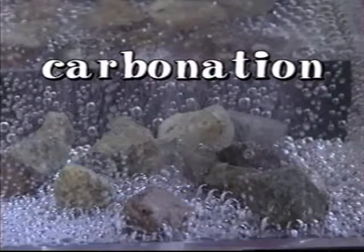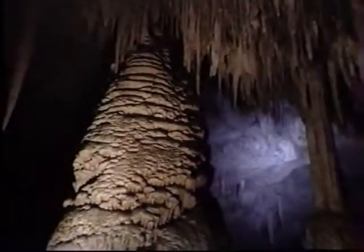Carbonation is what makes the bubbles in soda water. And it also makes the weak acid that dissolves limestone. That's why you get those crazy